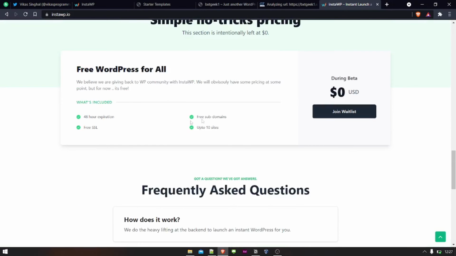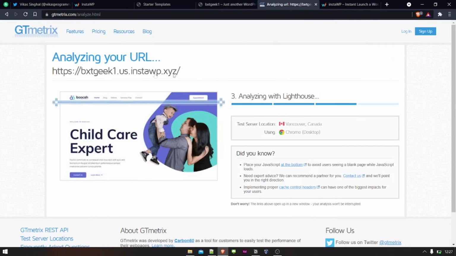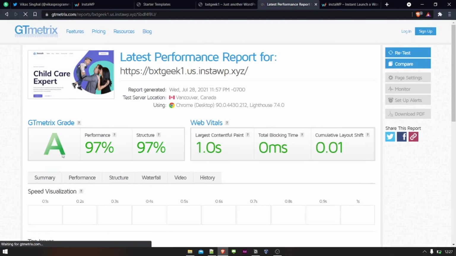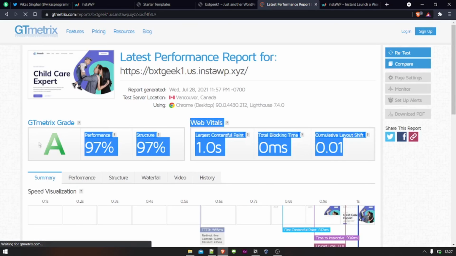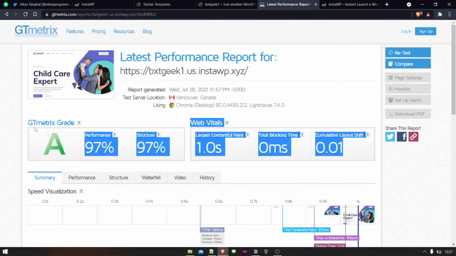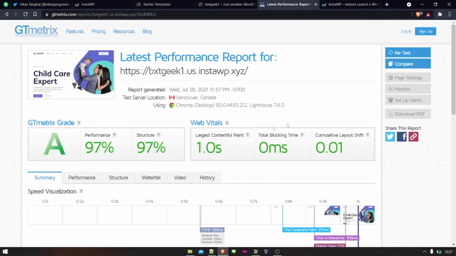After that it expires, and you can create up to 10 sites, and you get free SSL with the site. Okay, so it's almost done, and wow, what a great speed. Definitely it is hosted on some powerful server. That's the reason we are getting this amazing speed.